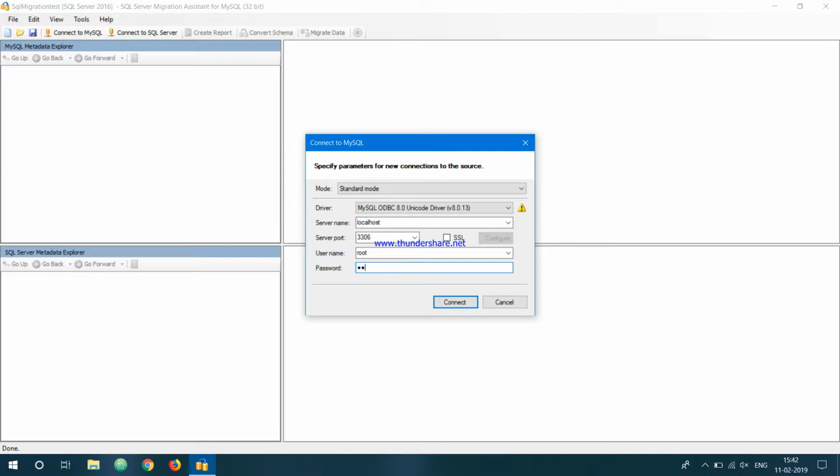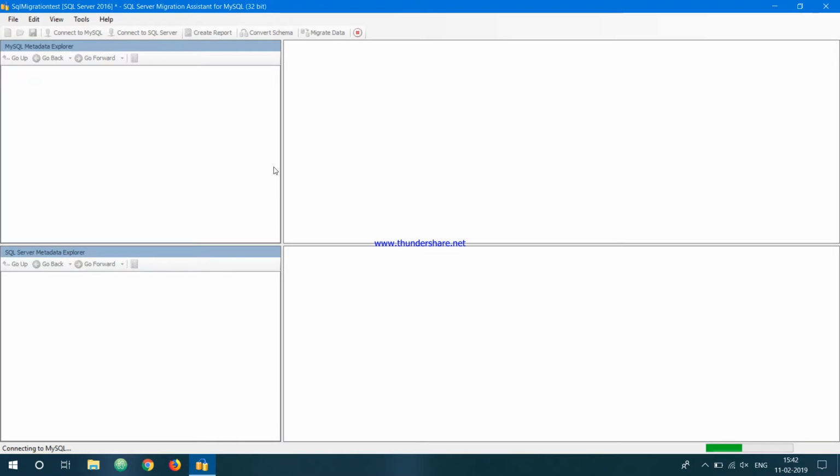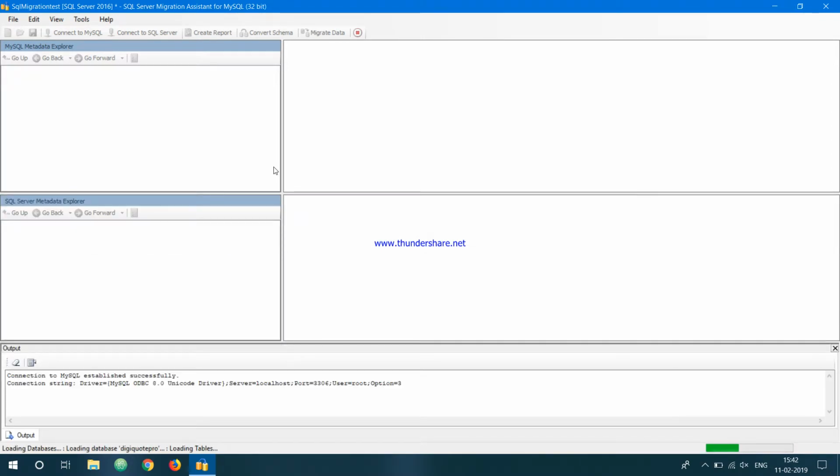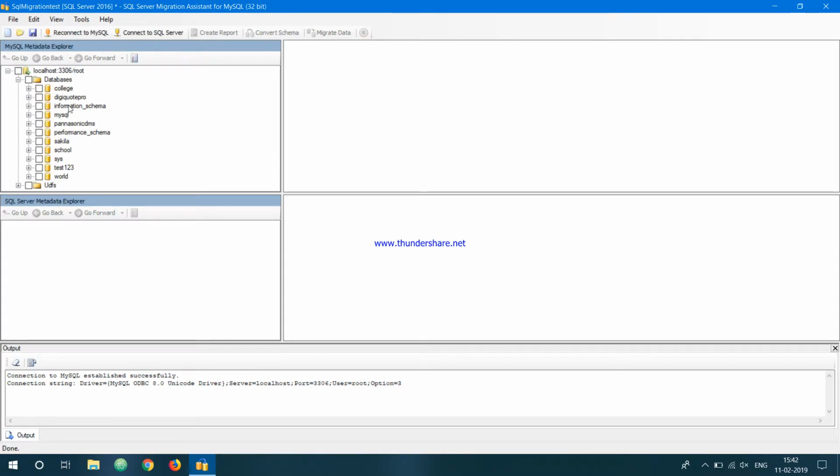So now let me enter my password. Now it is connecting to my MySQL Workbench. Now it is connected. As you can see, it is provided in the database. I have so many databases, so we have to convert the database named Sakila